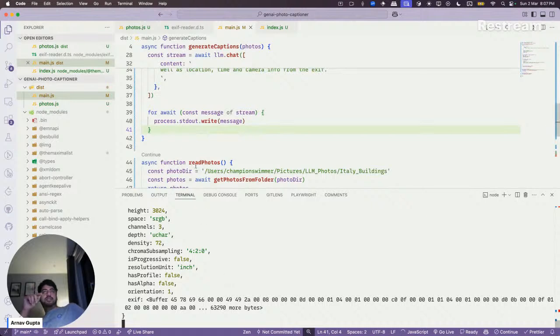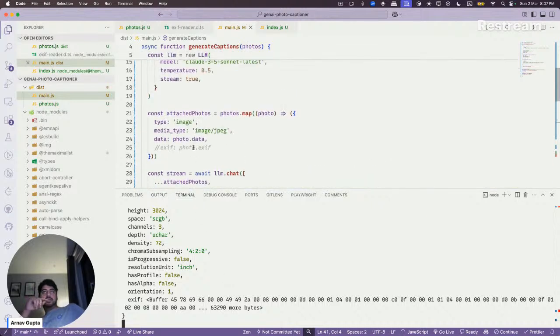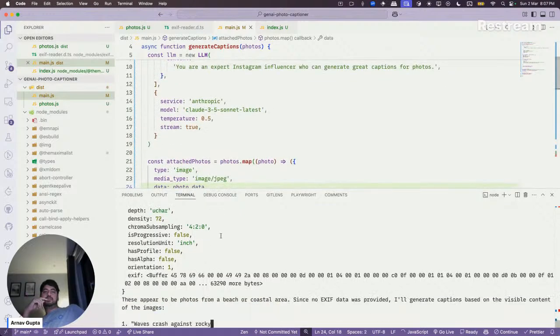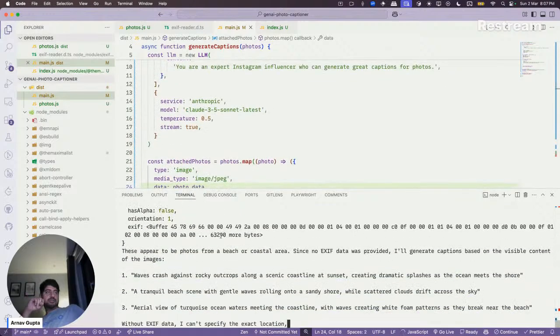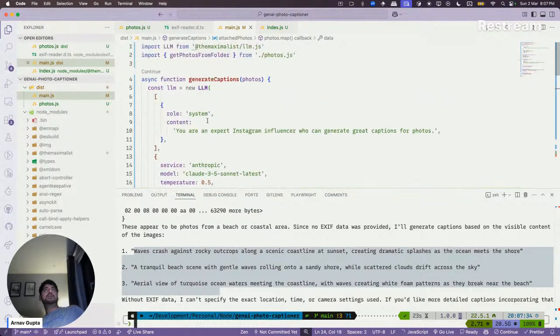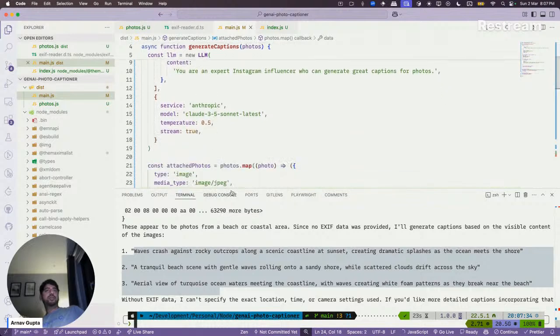So I'm going to remove the EXIF now from being sent, and we're just sending the base64 data. Let's see if that works or not. I will try with a different one. Obviously a bunch of garbage. Okay, interesting.